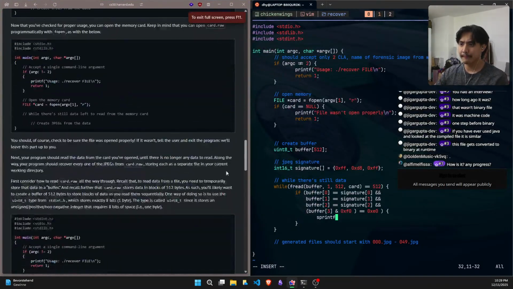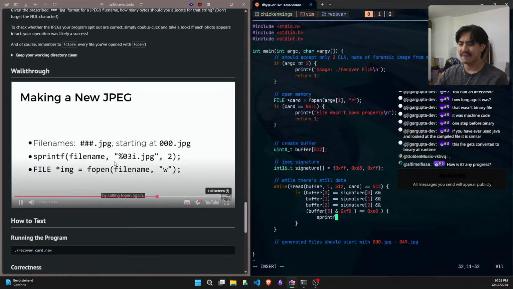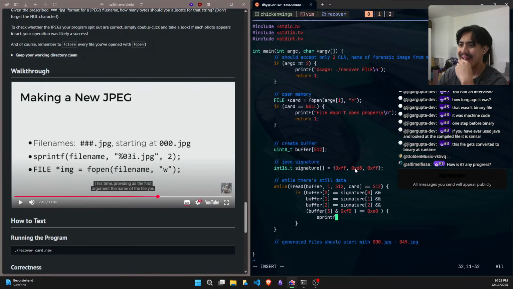After you've created the file name, you can open a new file with that file name by calling fopen again, this time providing as the first argument the name of the file you want to open. And now the second argument to fopen, instead of R for read, is going to be W for write, so that you can begin to write to this new file all of the data that you're going to find